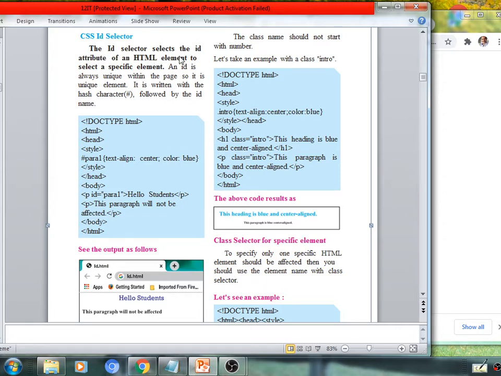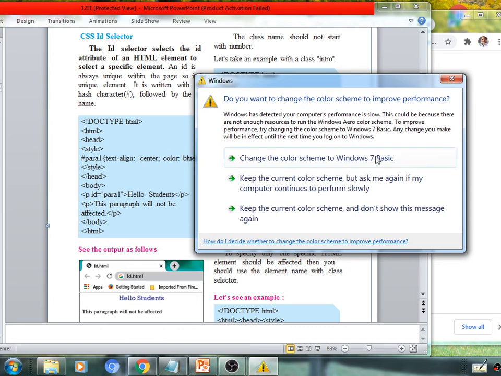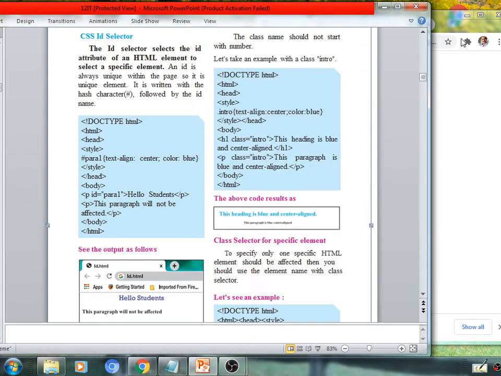The ID selector selects the ID attribute of an HTML element to select a specific element. It means that it selects a specified HTML tag and it will be applicable through its ID, and it is written with a symbol of hash.